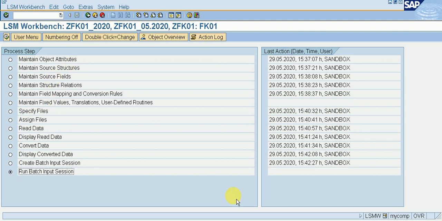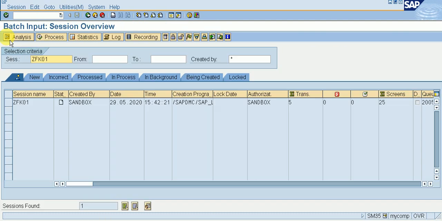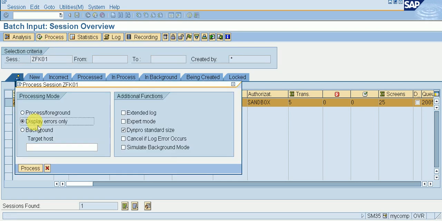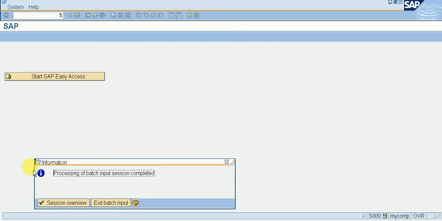Okay, execute it, we can see our data here. Click on the row, then click on process, then click on display errors only, then click on process. So if our process is all okay, then we can see processing of batch input session completed.